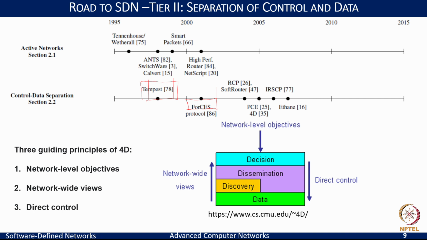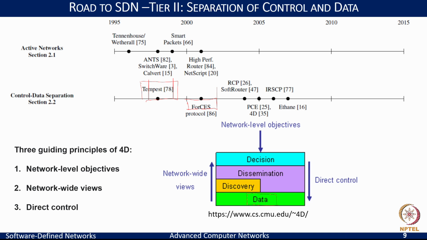And these were the key guiding principles of the 4D project. And what this 4D really meant is to view the network elements in four distinct layers of what we call the Ds. And the groundmost, at the lowest layer, is the data element, where it is confined to processing of the packets